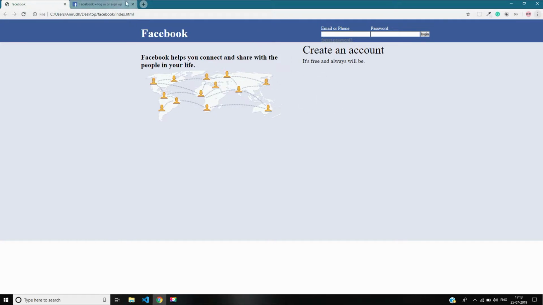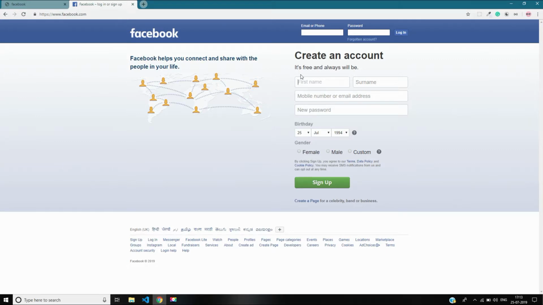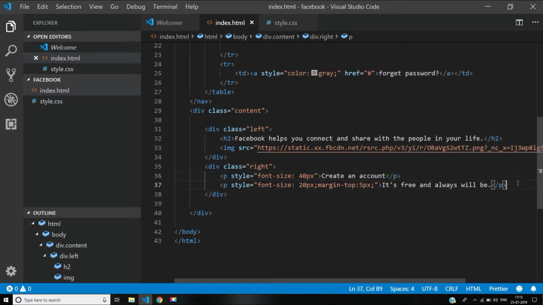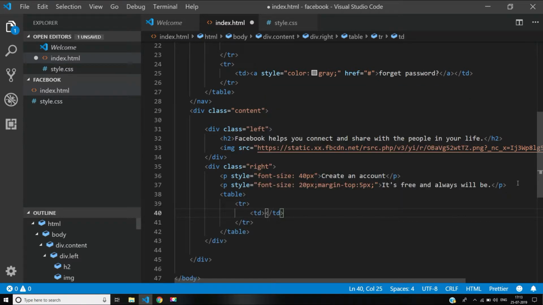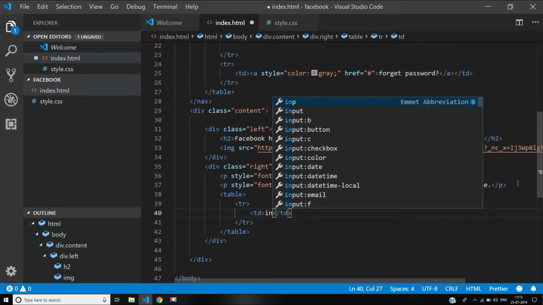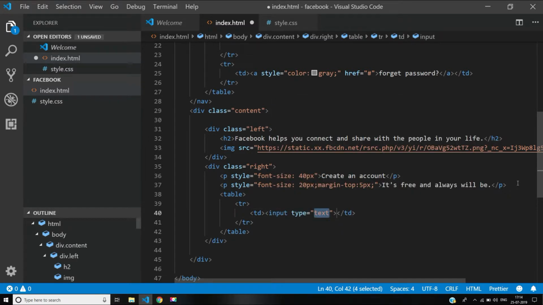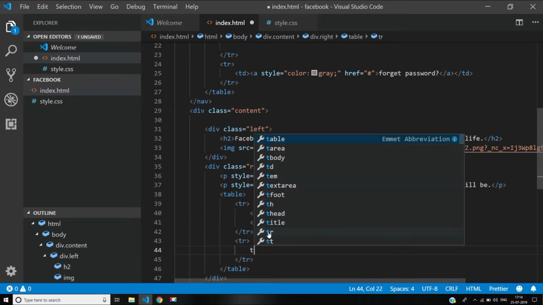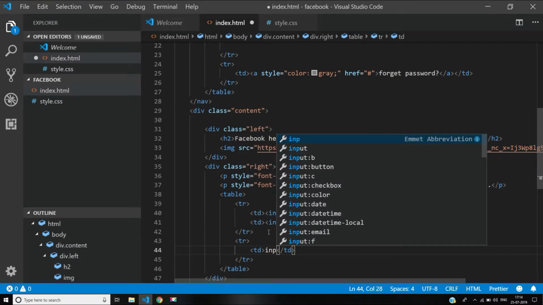Now let's quickly add our input tags. So we will create a table for it, table, then add tr, and we will add td, and in this we will add input and copy this line and paste it, and similarly we need to create another tr and then td, and inside this we have to add input tag,